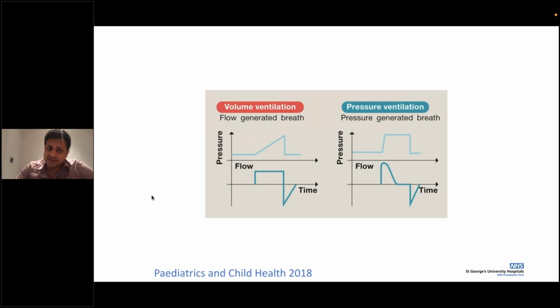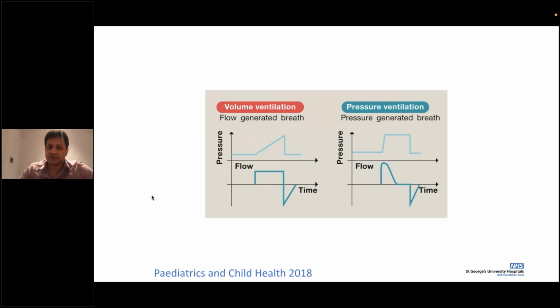And let's look at this difference. On the left-hand side now is your volume ventilation. On the right-hand side is your pressure ventilation. Now, we're looking at the flow pattern that is achieved to reach that pressure. The flow that is achieved in volume ventilation is a sloping curve. So it does not reach the targeted volume straight away and is much gentler on the lungs as such. It takes a while to reach the pressure that is needed. It gets that information from the previous flow that was needed.